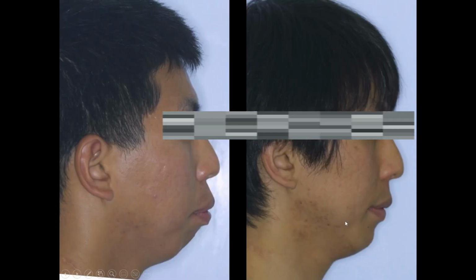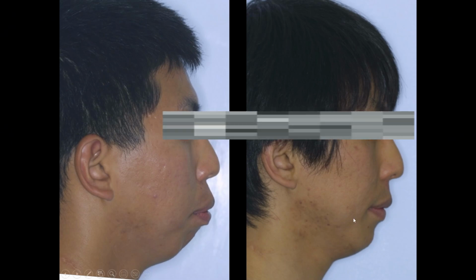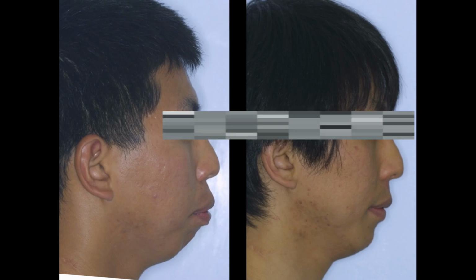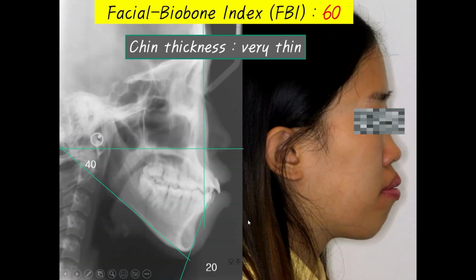So let's look at the facial aesthetic change. Okay, so please think about two different surgical approaches. But this patient doesn't have enough money, and then we recommend to do this. Look at, okay, very ugly. The short chin thickness, the angle is 20. It's not severe, but